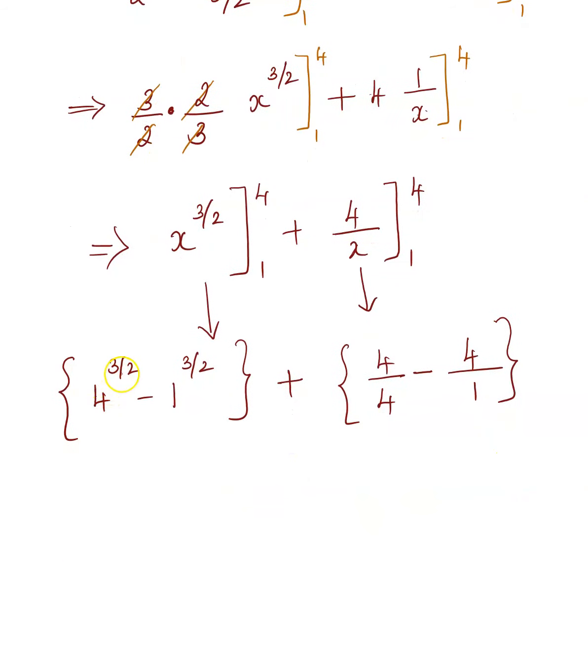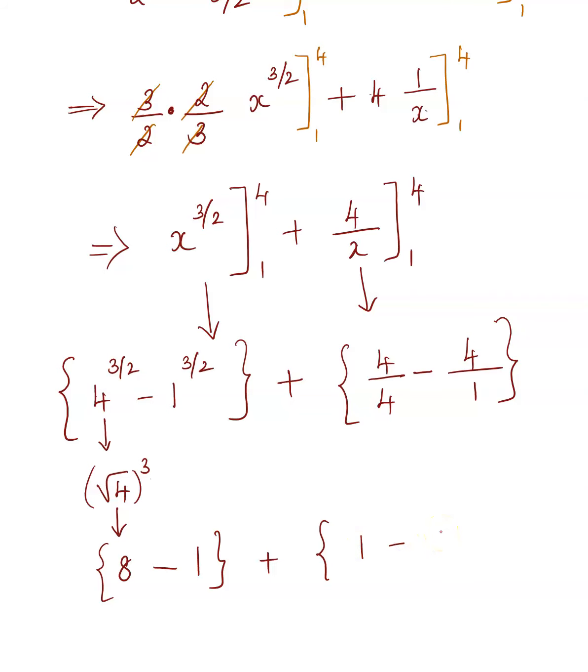In the place of x, you plug in 4 minus, upper limit minus the lower limit. So 4 power 3 over 2, 4 power 3 over 2. You can use your calculator, but try to use algebra, mental math as much as possible. So what happens here is, this is square root of 4, the whole cube, isn't it? The 2, the bottom one is your root, the top one is your power. So square root of 4 is 2, 2 cubed is 8. So 8 minus 1 power anything is 1, so you got that, plus 4 over 4 is 1,